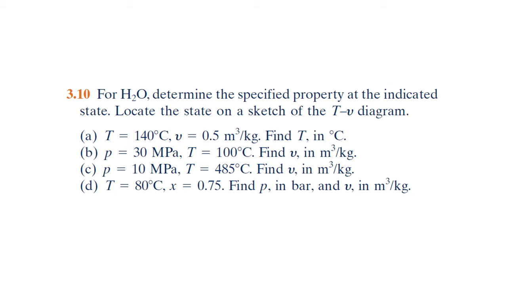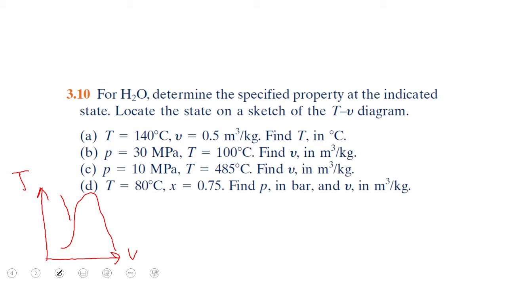So if we draw a TV diagram, it would look like this, and a line of constant pressure would look like this. Now if we consult the tables at 140 degrees Celsius,